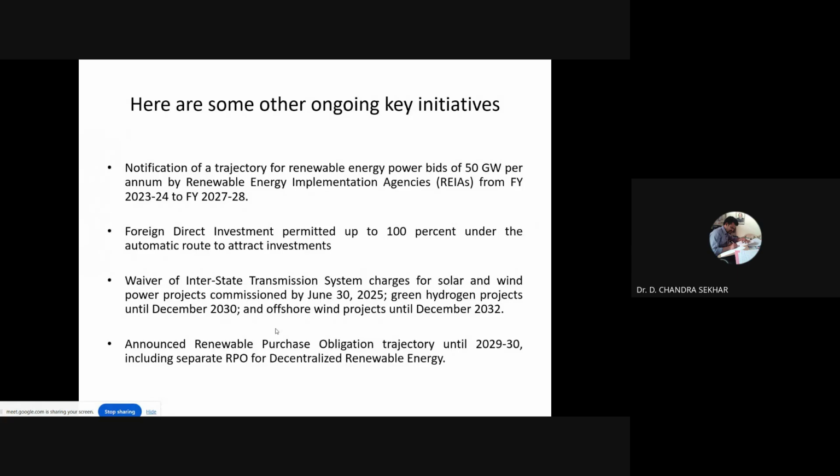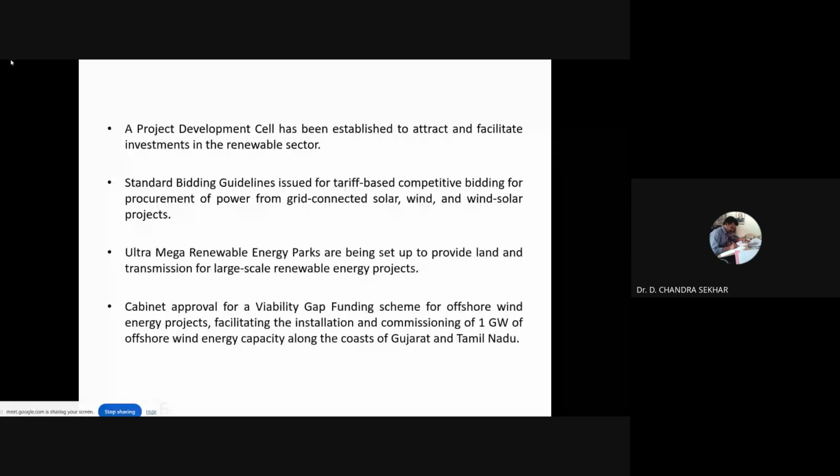A project development cell has been established to attract investments in the renewable sector, to plan energy assessments, to provide the facilities, and to plan the allocation of renewable energy sources together and to commonly operate. There are standard bidding guidelines issued for tariff-based competitive bidding for procurement of power from grid-connected solar, wind, and wind-solar projects. And ultra-mega renewable energy parks are being set up to provide land and transmission for large-scale